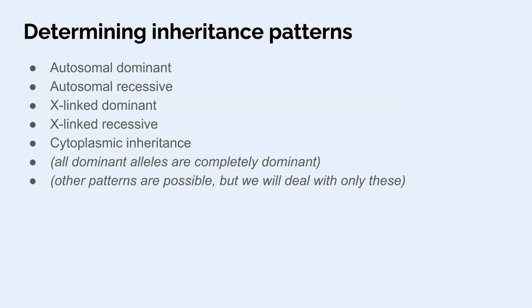Okay, so we're also going to simplify this way down. We're going to deal with traits that are controlled by genes with complete dominance in their alleles. So we're not going to worry about incomplete dominance or codominance or epistasis or anything like that. Just looking for an allele that in some fashion directly contributes to the trait. So we're going to be largely back to Mendelian, with the exception of these X-linked traits that we'll be able